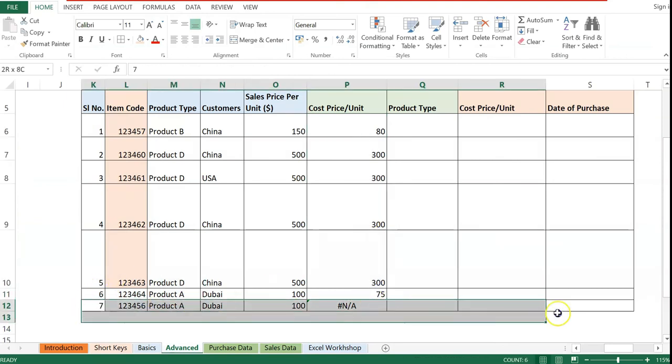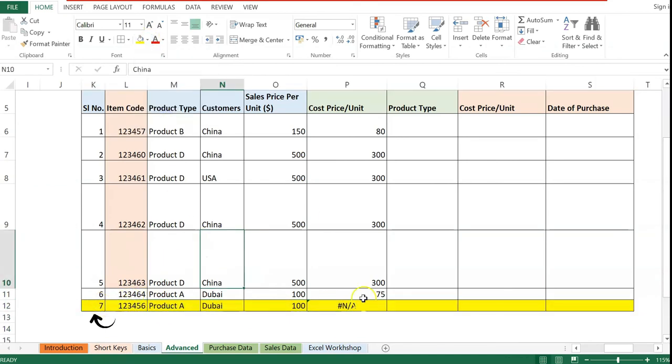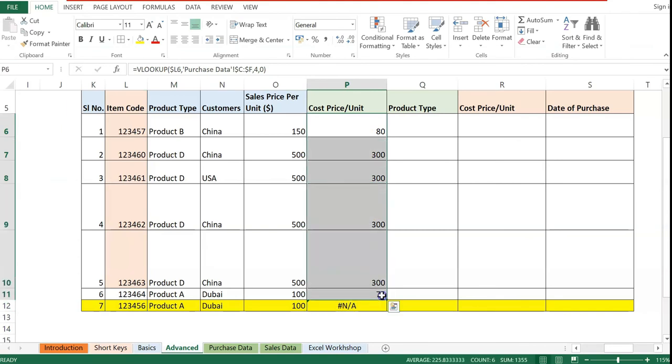However, in serial number 7, which I have highlighted in yellow, the data set is not functioning. It's showing me an error, and all the errors are identified using a hash. If your result starts with a hash, it means the formula is not functioning according to your requirement, there is an error. Now, the reason why there could be an error is either you have inputted the formula incorrectly, or